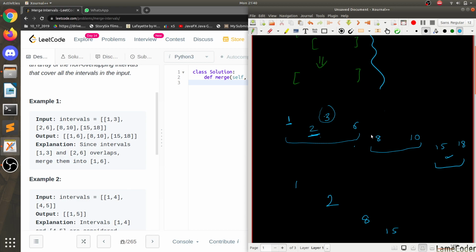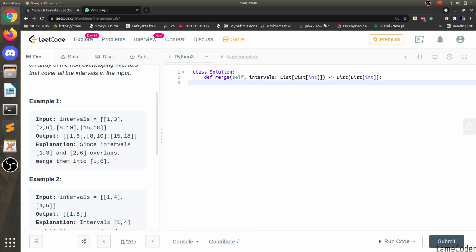Then the next is 8. We can compare both of them, and we will increase this 6. If suppose this was 10, we can increase our 6 to 10. Then we'll compare 8 with the previous one. Yeah, it should work. What if there are multiple 1s? We are going to take the maximum of this one and the previous one, and we'll keep going on. Just sorting by the first index will do the work.